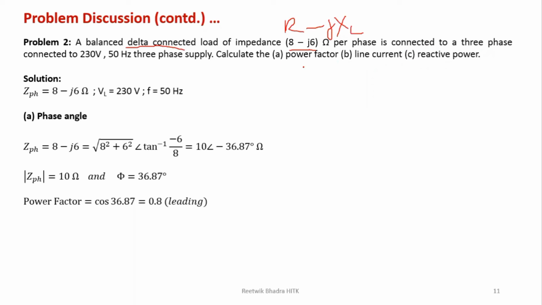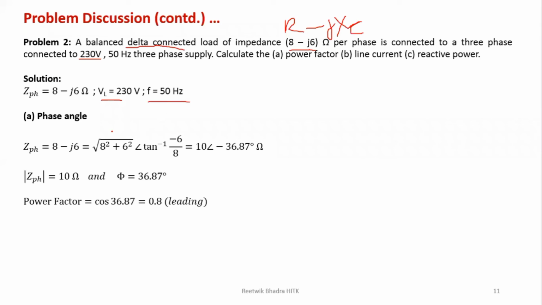It is the same type of problem. I am only showing you what happens to the angle in terms of the minus sign; that's why I showed you this minus problem. So ZPH is this one, VL is this one. All voltages I told you will be line voltage, so this directly given voltage will be line voltage.